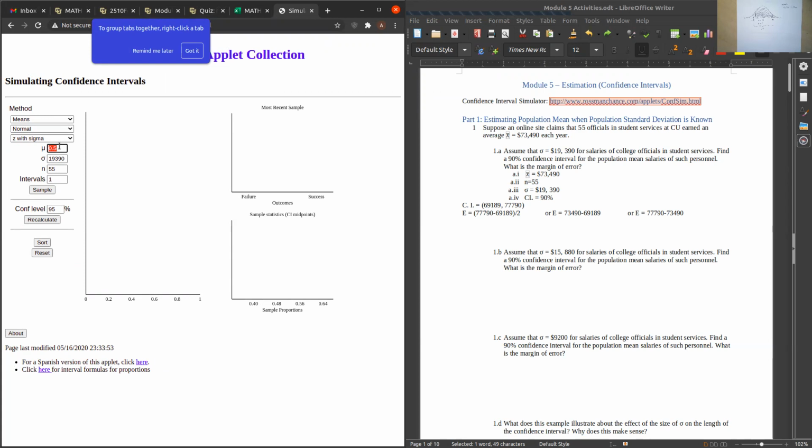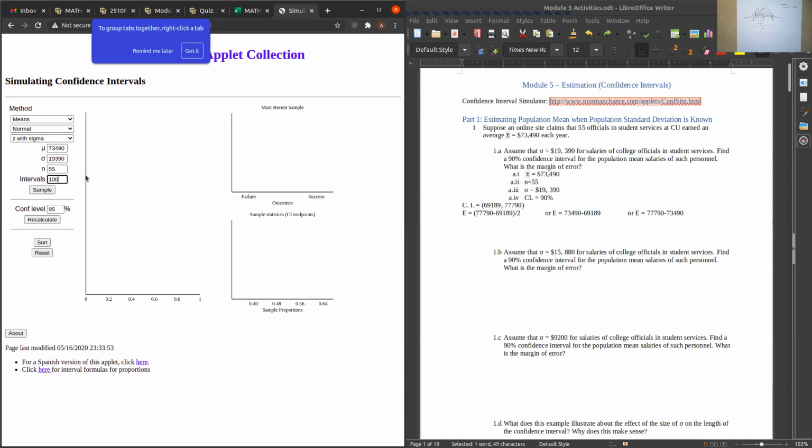So just for illustrative purposes, let's use that sample mean, 73,490, as our population mean. And let's now do this process of, if we know the population mean was this, 73,490, and we do this confidence interval process